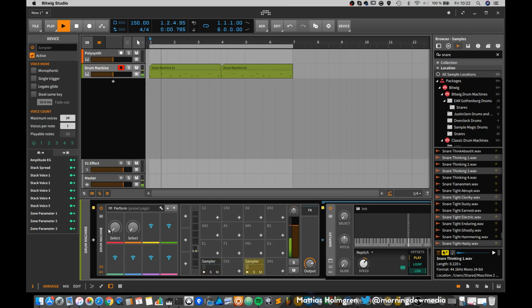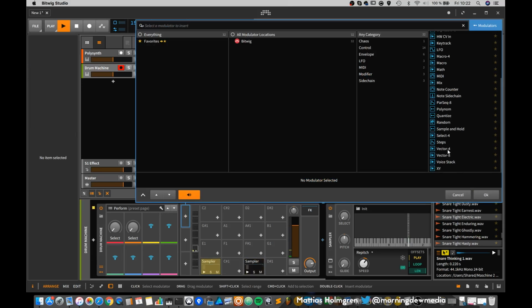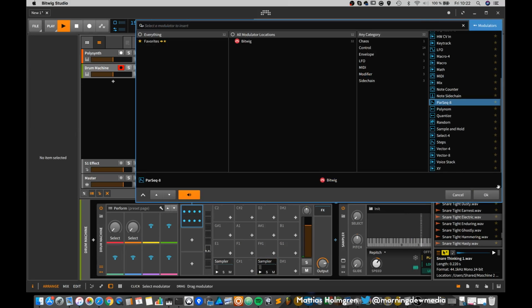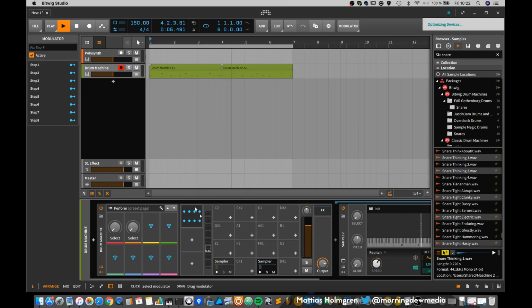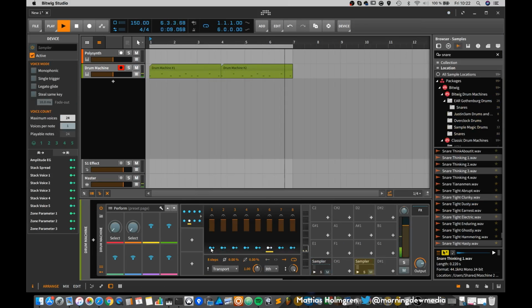Now we can add some randomization to this too. So go into our modulation and maybe add a step, the parsec 8. And now we can add for each step setup.